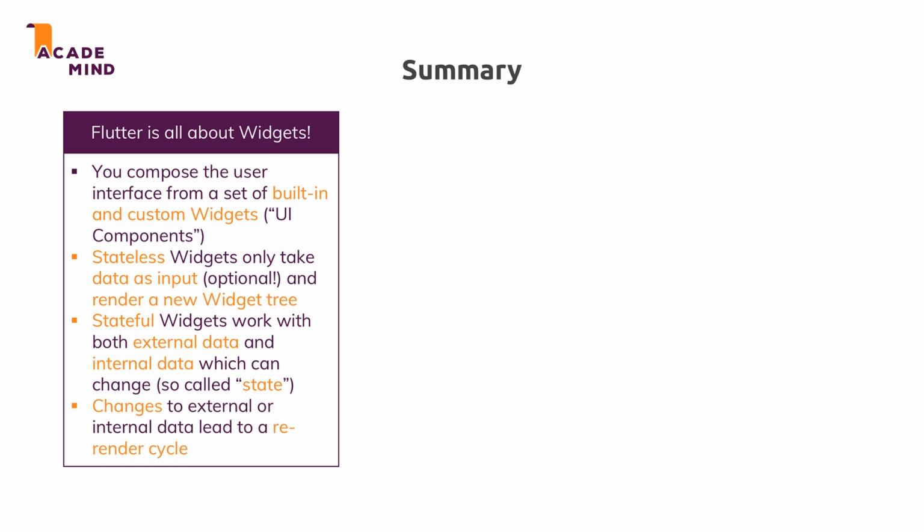Because that's important. Changes to external or internal data in your widgets lead to a re-render cycle. So the build method gets re-executed and a new tree of widgets is created, and Flutter will then compare this new tree to the old tree, which is already rendered onto the screen, and will render any differences and update